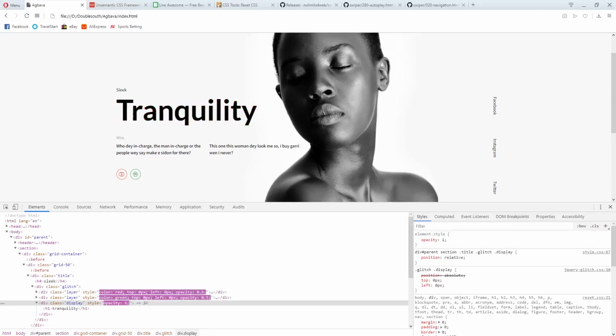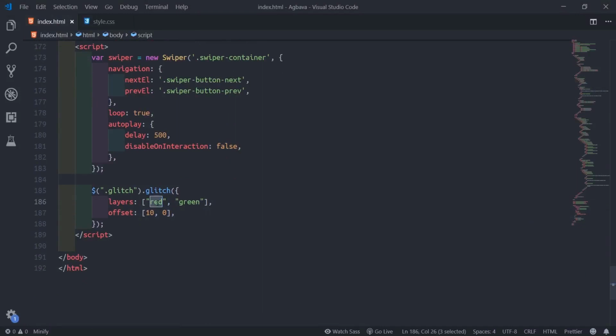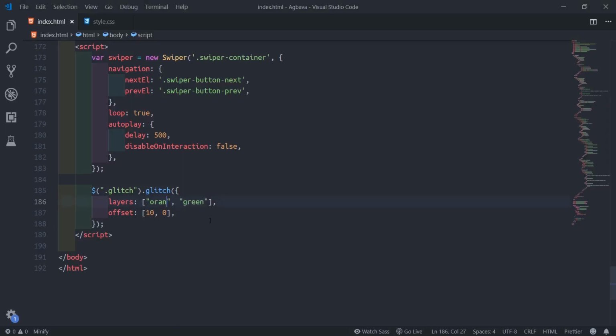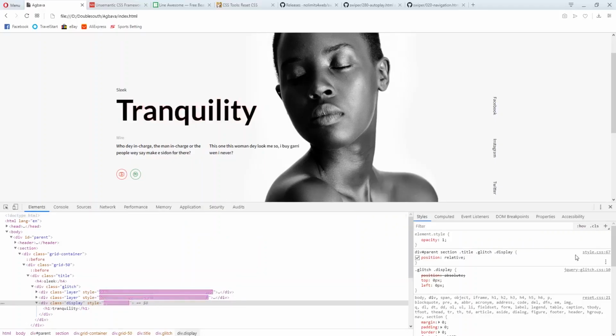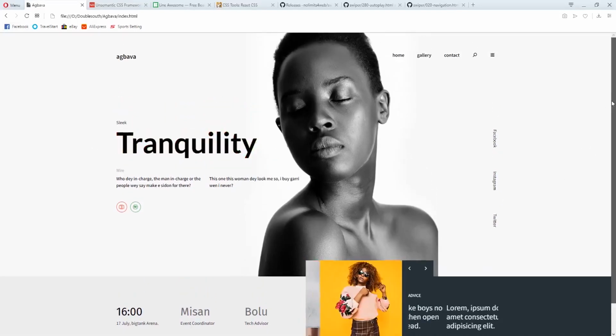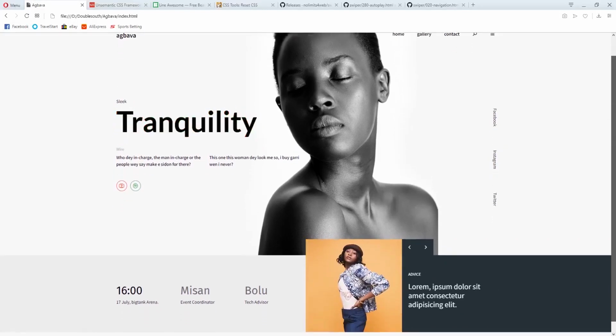So you see now, it shows the red and the green. So if you want to change the color, if you come here, you can change it to any color you like. If you put orange and pink, you see how they change. So depending on what you want to do, I'll just leave the red and green here, and like this, we'll finish our website. You see how. So based on what we're talking about, we'll see what we're doing, exactly the way we're talking.